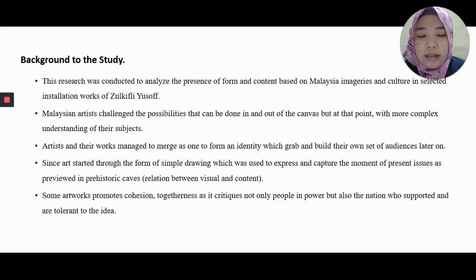Malaysian artists challenged the never-ending possibilities that can be done in and out of the canvas, but at that point with more complex understanding of the subjects and in relevance to the statement, the methods in presenting one's works has always showcased the likelihood to be influenced by the specific drawing styles used in creating the works. On the contrary, the ideas, knowledge, materials used and subjects in the works themselves may affect the way the audience